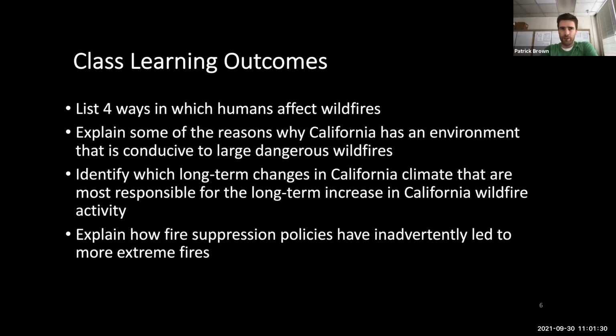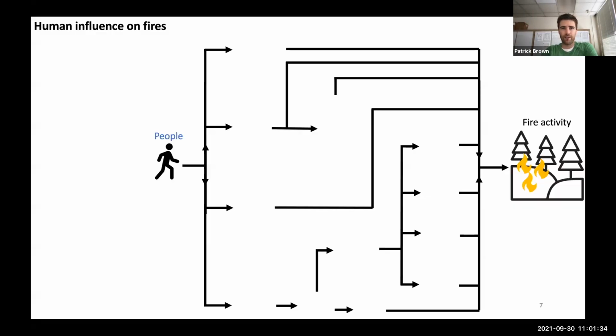Okay, so the 4 ways in which humans affect wildfires, summarizing these things in this diagram. So I have over here people. This is like a flow chart of various ways that people can influence fire activity. And this is thinking about this globally. We'll zoom into California a little bit later, but globally, thinking about all the ways humans can influence fire activity. And I'll have this color coded, where red means that we're pretty sure that human-caused changes in this pathway, this influence, have caused an increase in fire activity.